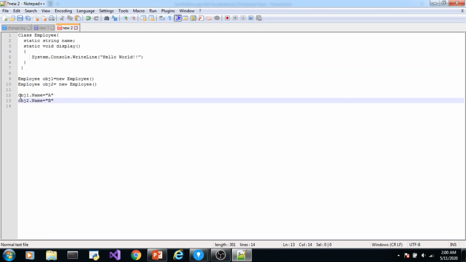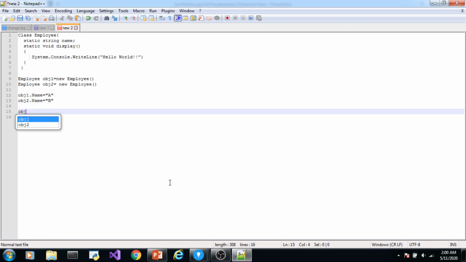So when you assign a to the variable name in object 1 and then you assign b to the variable name of object 2, the original value gets overwritten because there is only one copy of the variable name that is created, and that is shared by these two objects.